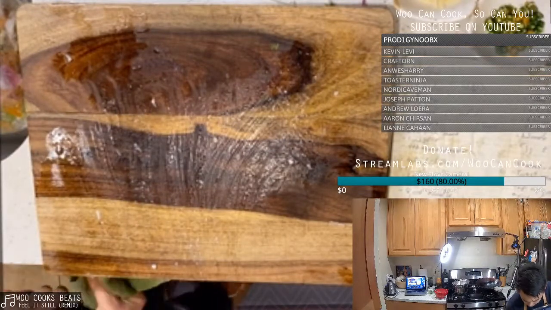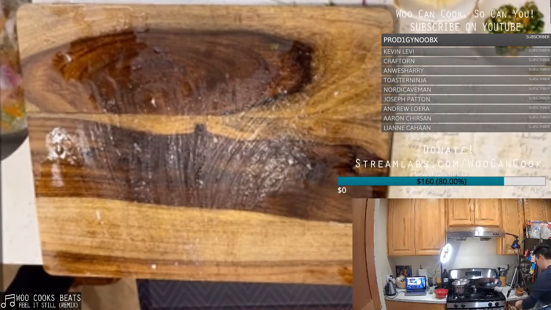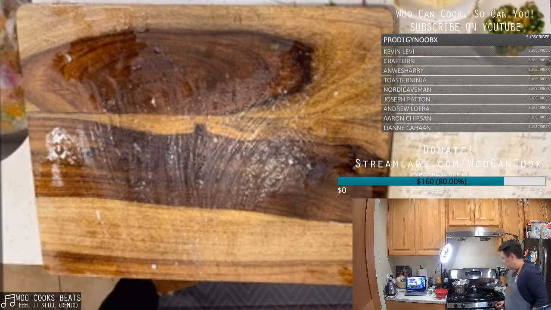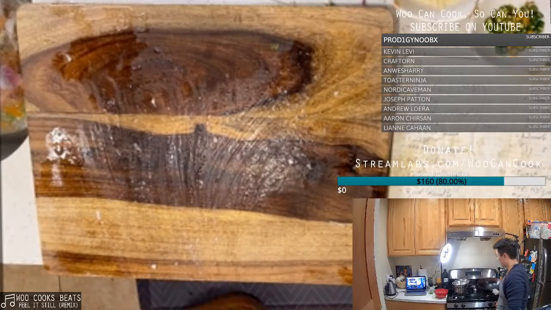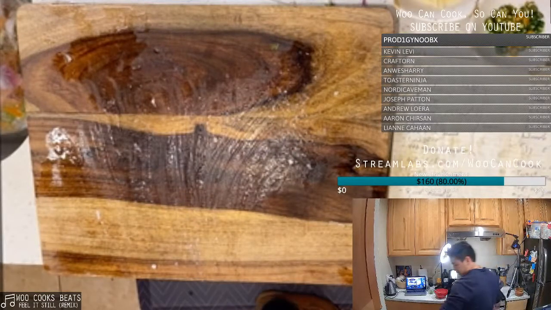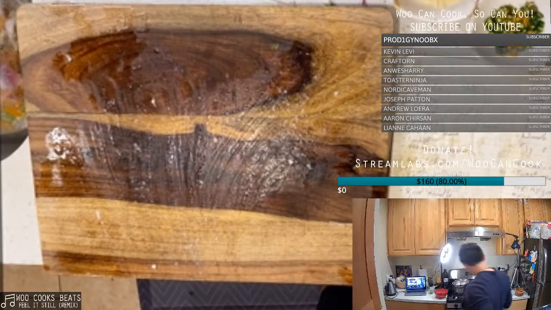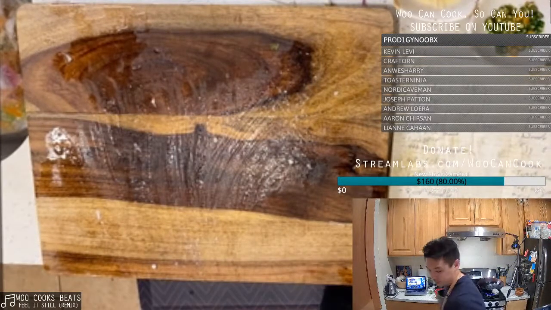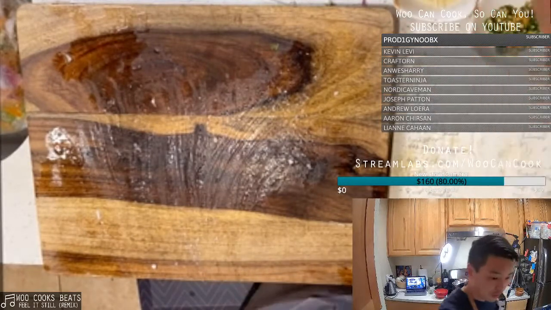All right. I think that is it for chopping. Of course, the stove is not turning on. All right, so while I finish cleaning this up,